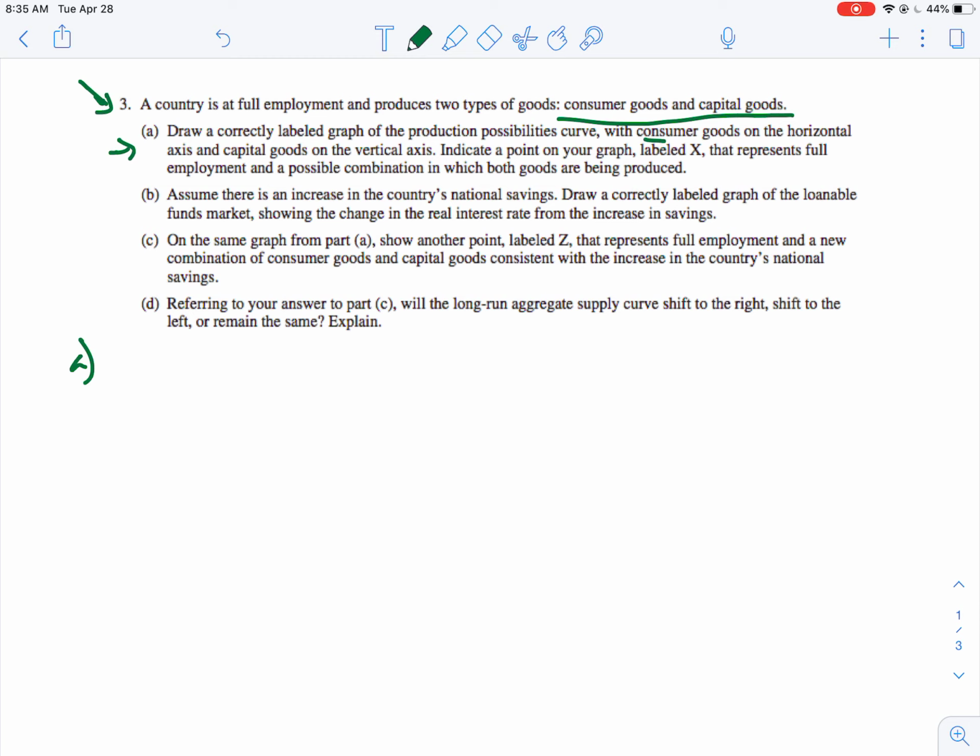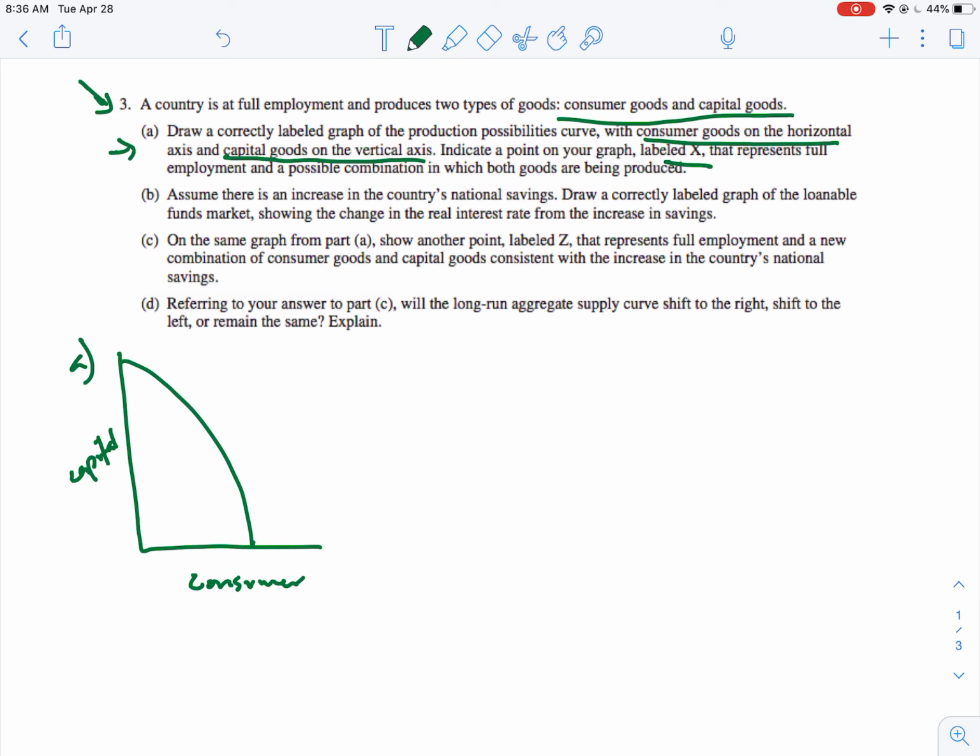So we want consumer goods on the horizontal and capital on the vertical. All right, so consumer down here, capital here, and then our production possibilities curve. All right, so then indicate a point in your graph labeled X that represents full employment and a possible combination of both goods and services. All right, so we know we're at full employment, which means that we are going to be producing on the